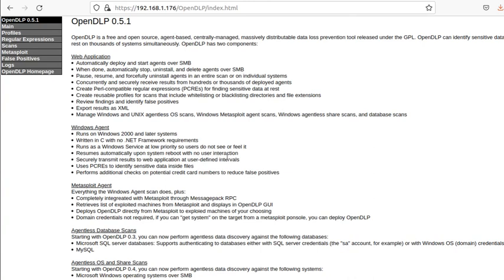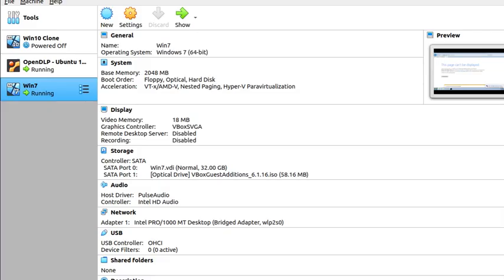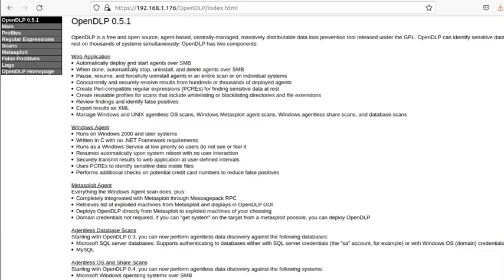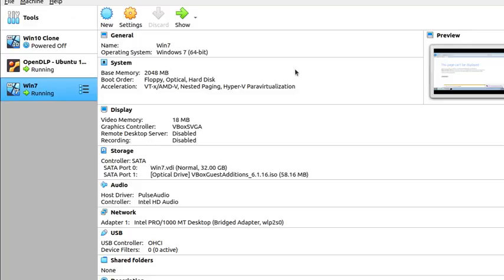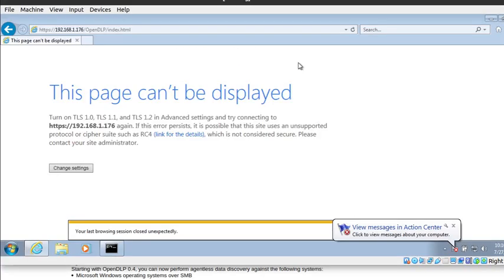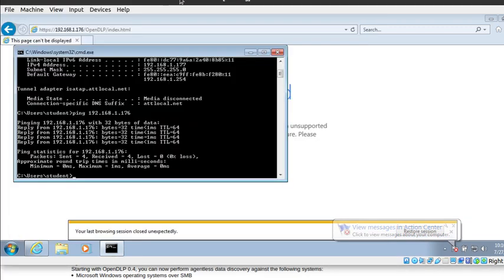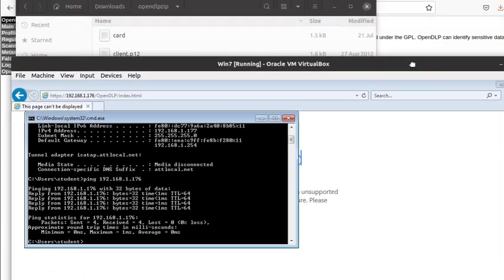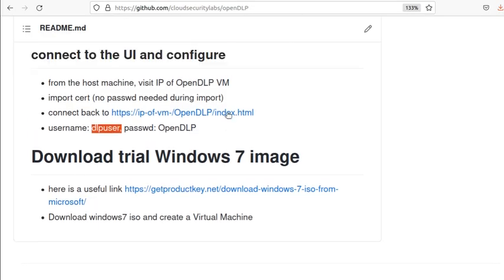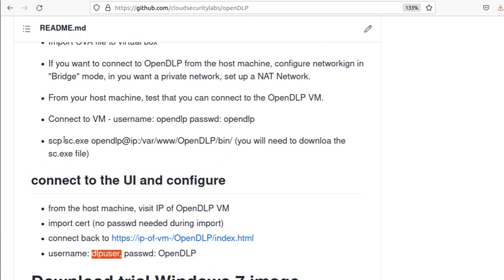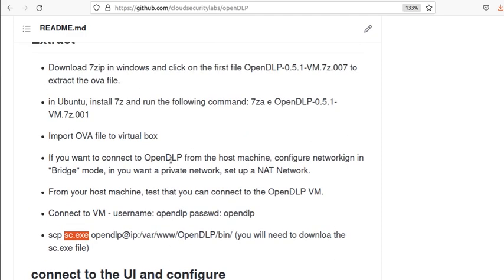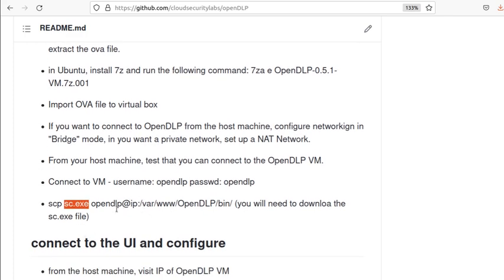So the way scanning works, before I do that, and before I forget, to make this OpenDLP work, there is one important file that you need to download and place in the OpenDLP folder, and that is sc.exe. You have to get it from an older Windows system. Let's see, I have made it clear somewhere here. You have to search for the file from an older Windows system. Do a search for Windows 7 sc.exe